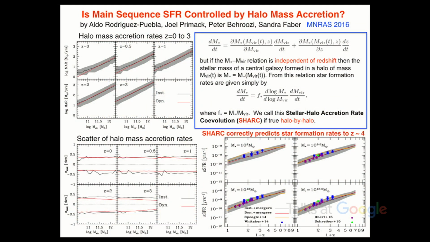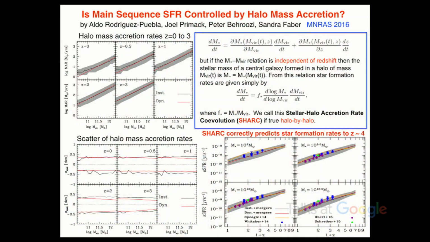So, two basic facts about how galaxies work. And what we noticed when we looked at these big simulations is that the accretion rate grows like this, by about an order of magnitude as you go out in redshift, and the dispersion is independent of mass and independent of redshift. And the dispersion in the star formation rate of galaxies is known to be about 0.3 dex, in other words, a factor of 2 up or down. Most of the stars in the universe form at rates that are really controlled by the stellar mass of the